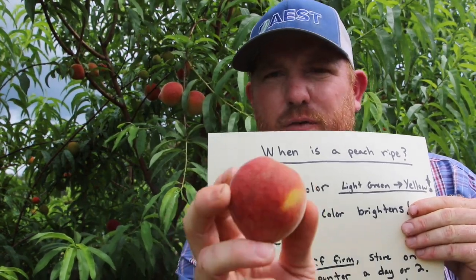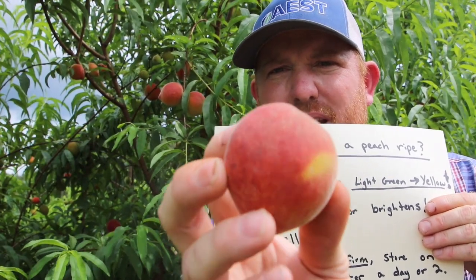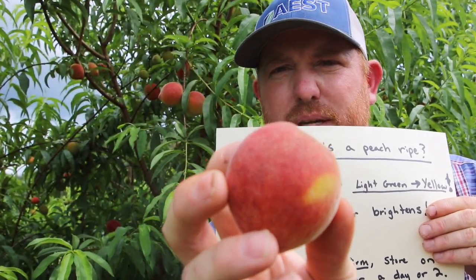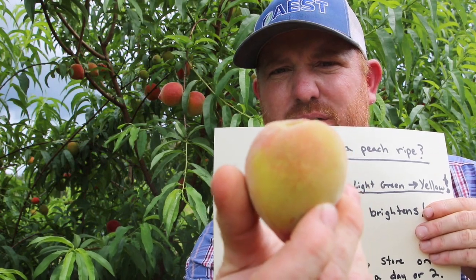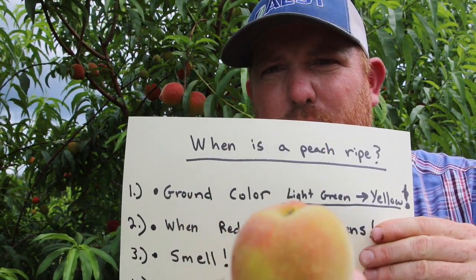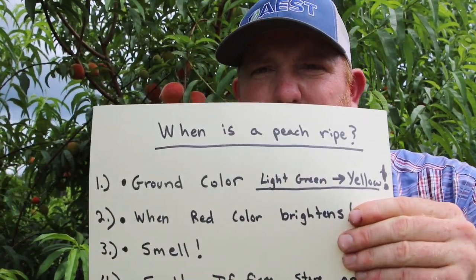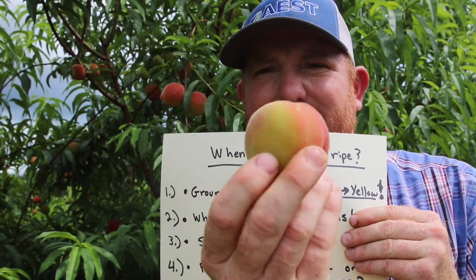Well, we're all familiar with the red on the peaches. Well, the red is one color, but peaches are typically going to be two. They're going to be yellow on the other side. So the ground color actually refers to the yellow part of the peach, not the red. So the first clue to determine if a peach is ripe or not is to look at this yellow or